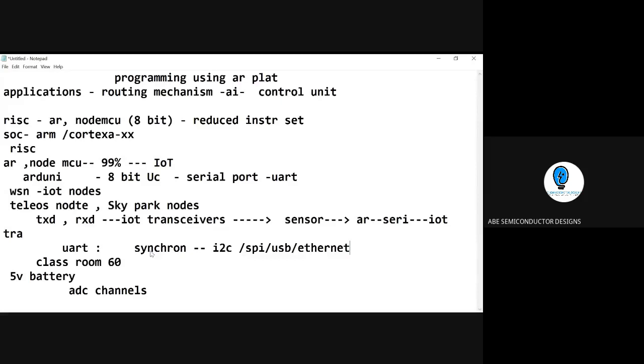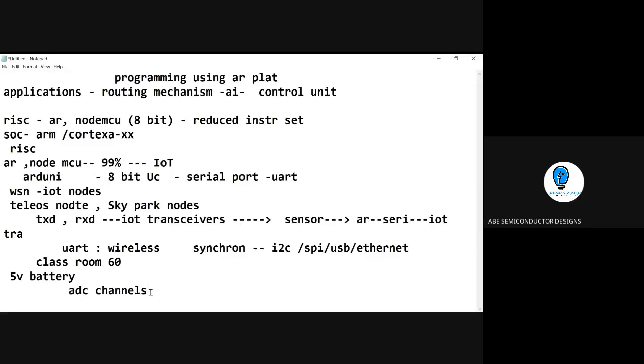So all these things are what you call synchronous protocols. What we talk about is all the simple wireless, which stands for synchronous communication. This is how the logic works. When you have a UART, you can interface with wireless using a serial TX RX, and then you can build up your own node for the application. This is one kind of application, right? Hope you have understood what synchronous and asynchronous are.